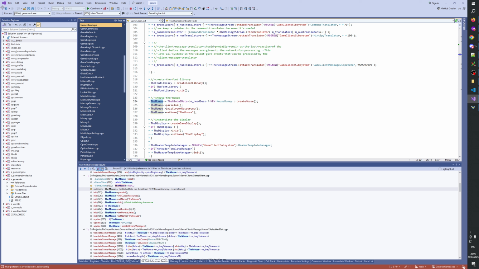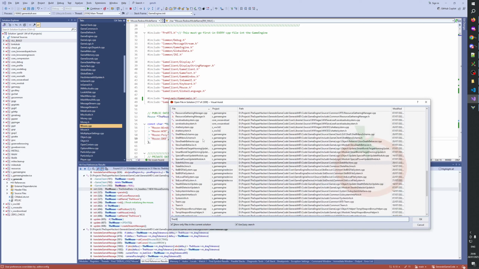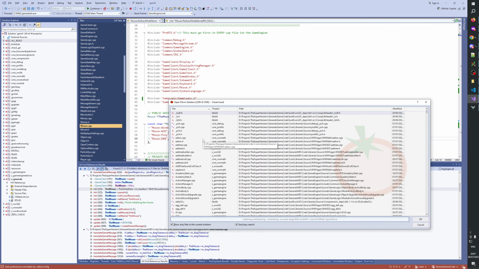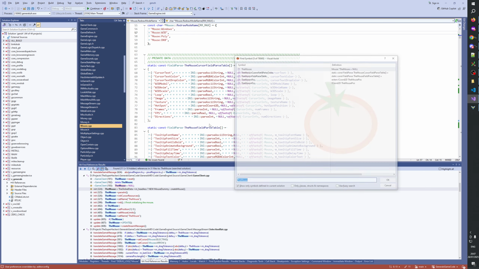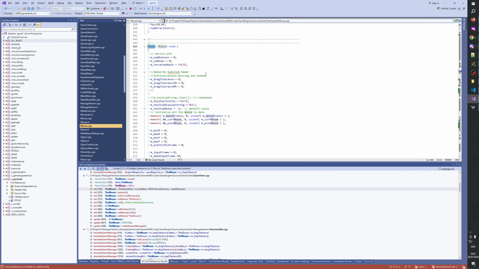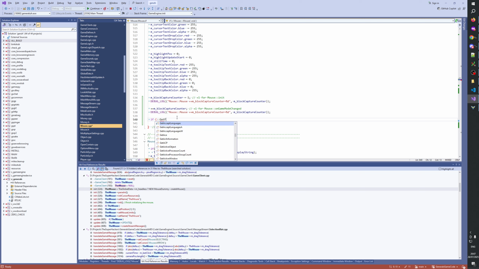Okay, I have an idea. What we can do is in the mouse CPP, how about here we say if get focus.